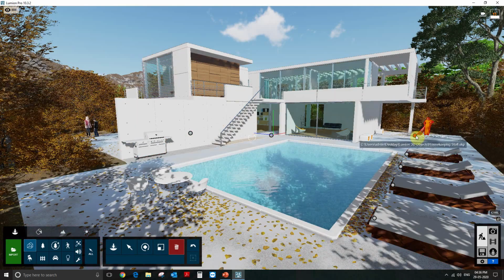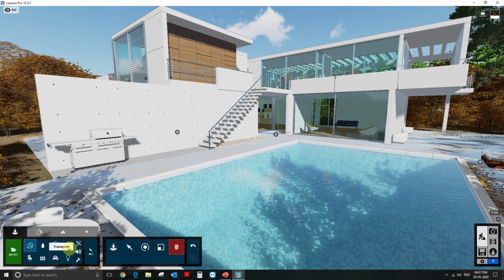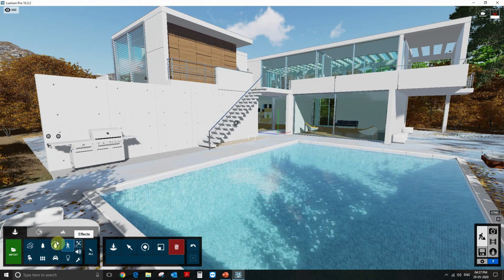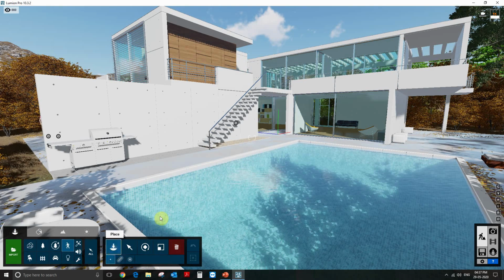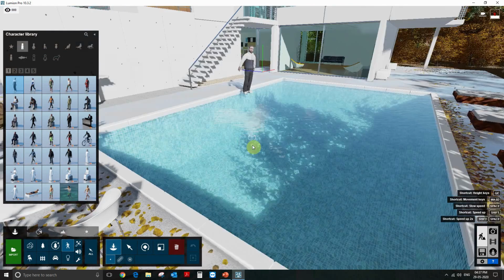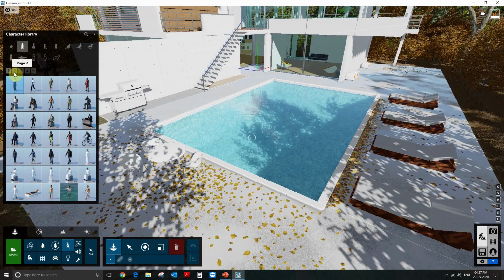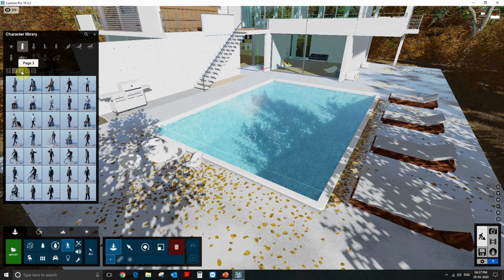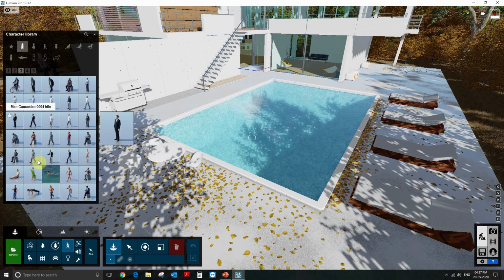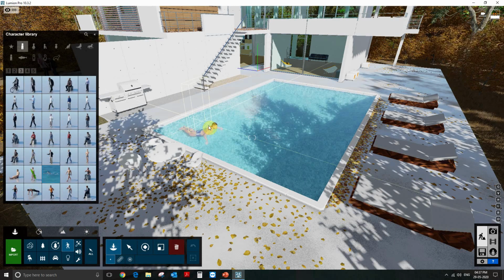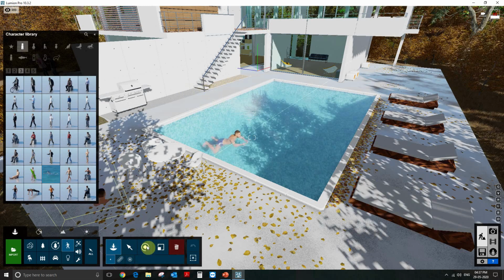Okay, simple to do. Click and delete the character. So here, as I said, we have a huge library. Lumion has a nice animated people library where you can choose one of the persons who is swimming in the swimming pool. So let's try and identify the gentleman. Maybe I have to go to tab number 3. Yeah. So I put him here,